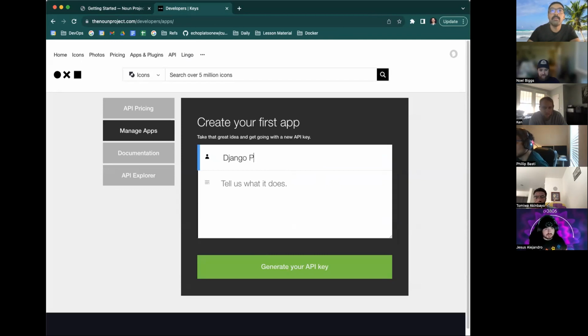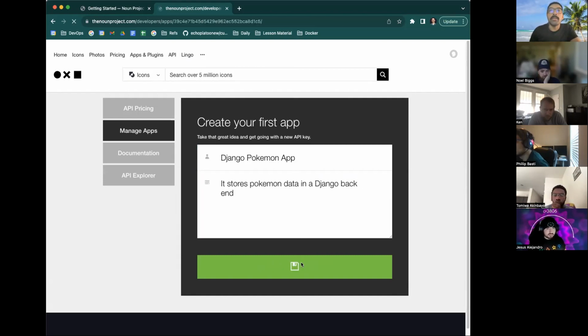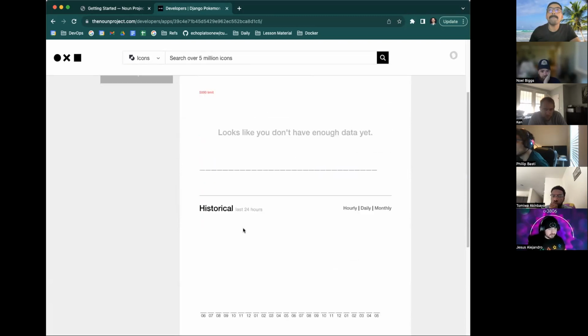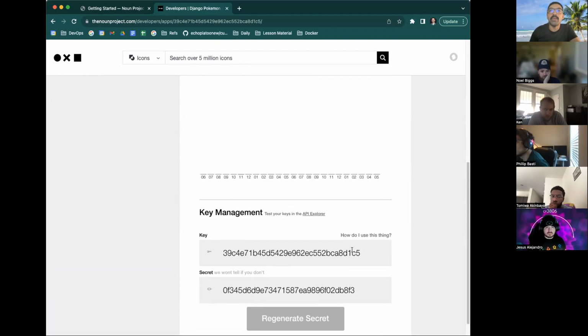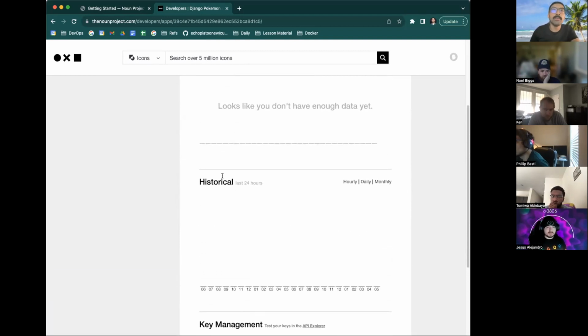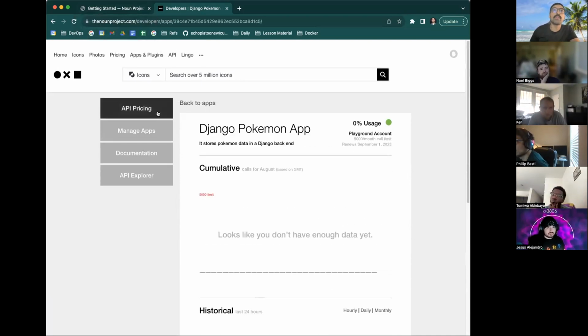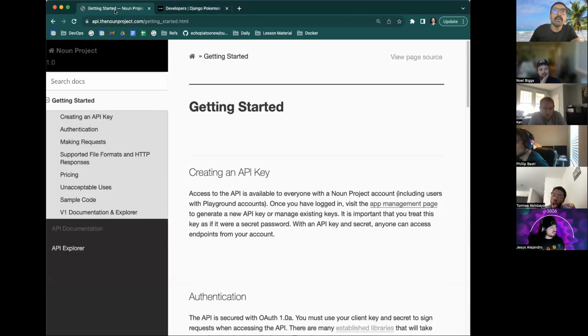It's called Django Pokemon app, and it stores Pokemon data in a Django app. Now let's generate an API key. Aha, there's our secret API key, which I really shouldn't be sharing publicly, but there it is. Now let's switch back to, okay, before we switch back, actually, let's go back here